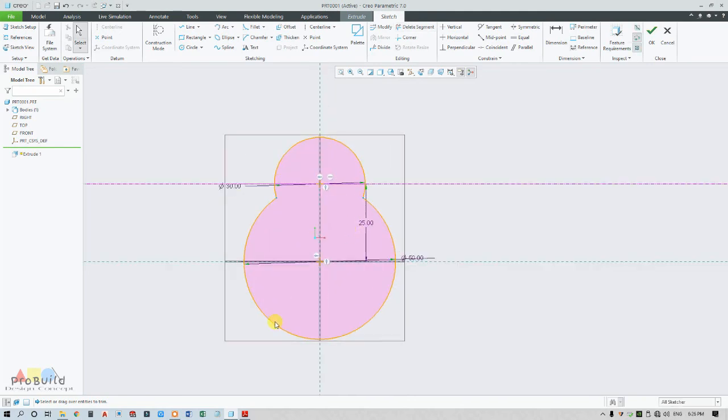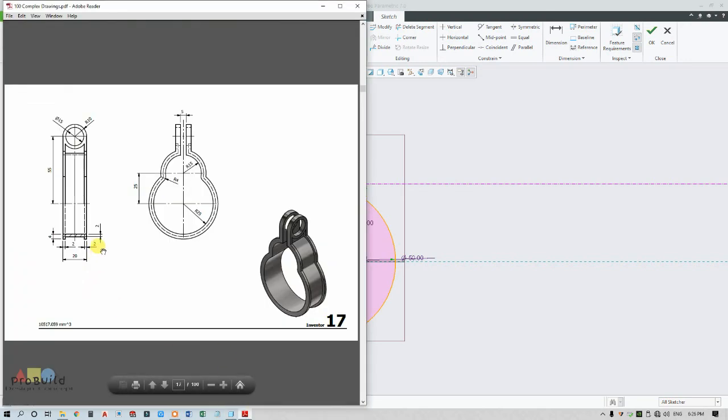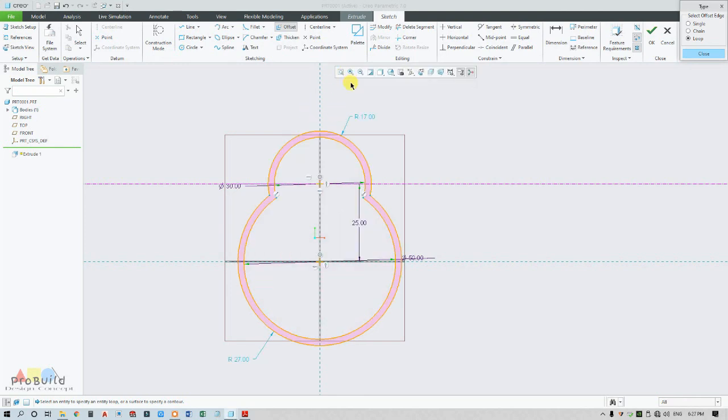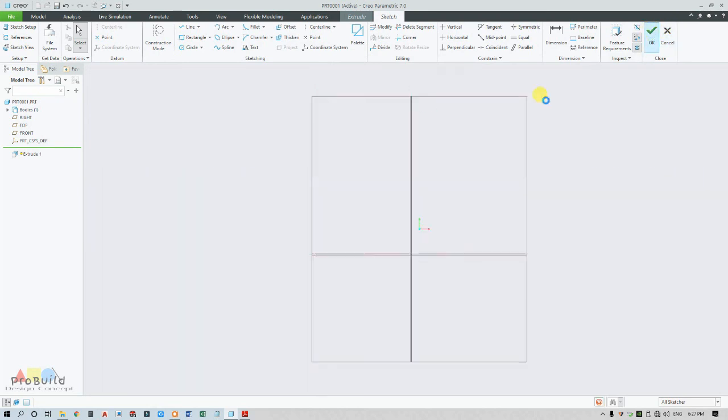Now we can see that it is offset to 2 mm here. Now this is a completely broken section view, so we can see here this is 2 mm, which means this is offset. I'm going for offset, choose loop, select any one line. Since this is facing upward direction, you should give positive 2. Now okay, and